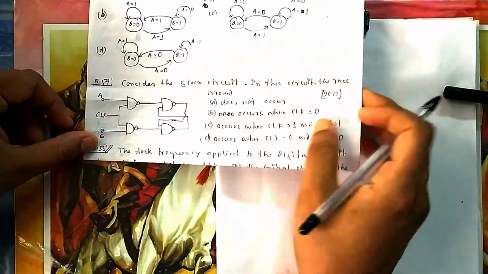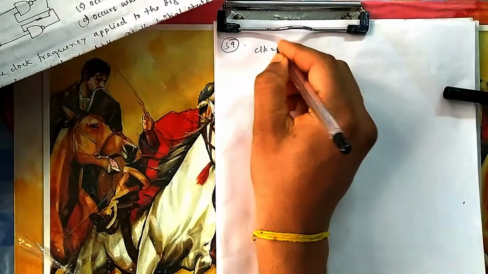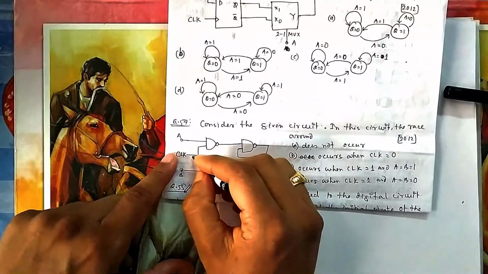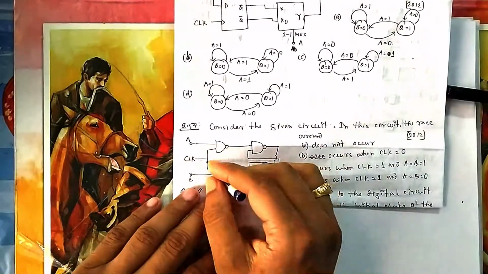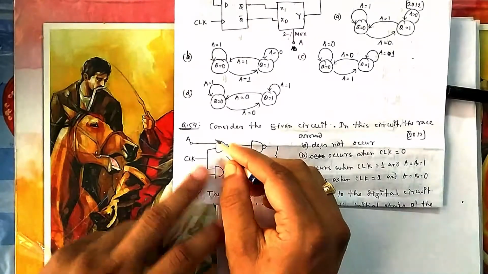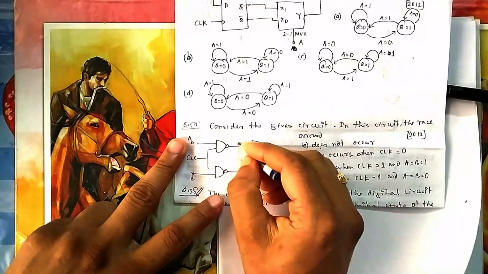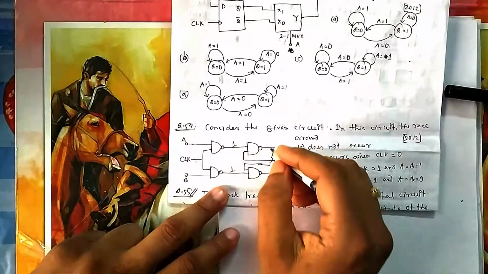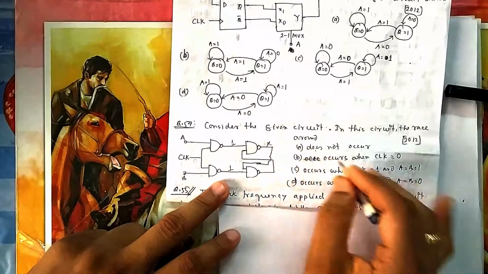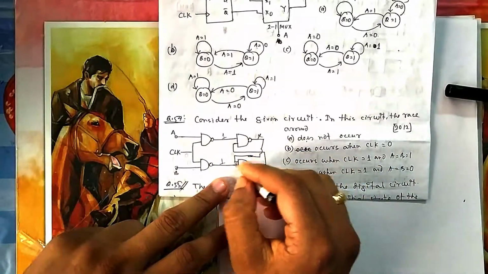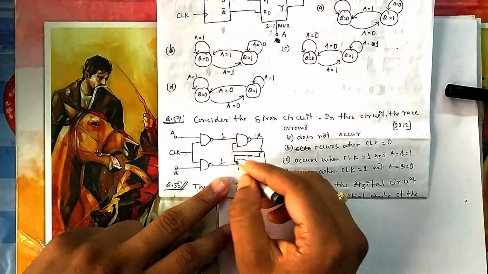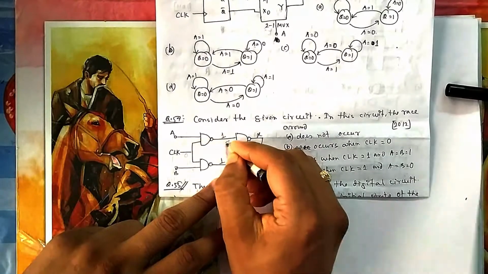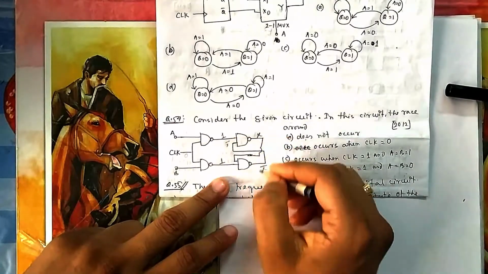So let me try when the clock is 0. Suppose CLK is 0. So if you check this one, suppose this is 0. So 0 multiplied by anything will be 0. And then if you take the bubble of that, it will be 1. So this will also be 1. Suppose this is X. So X into 1 is X. Then the bar is X bar. Then this X bar will go here. So 1 into X bar is X bar, then the bubble gives X. So it is stable, it is not changing.